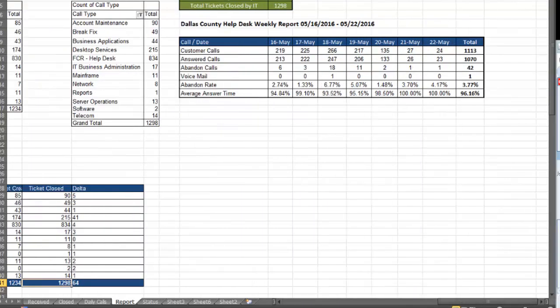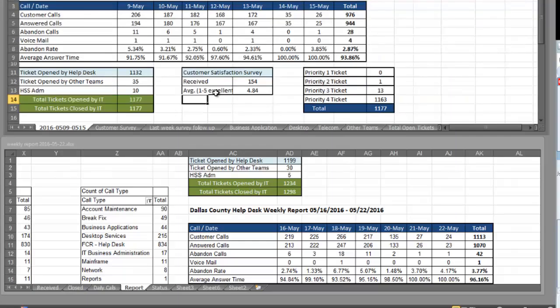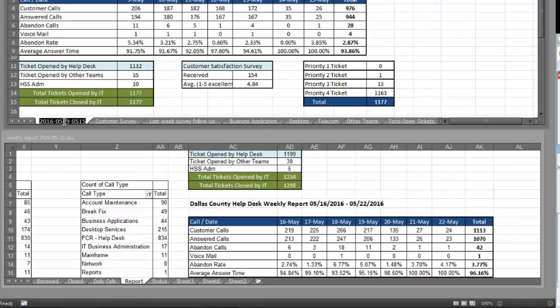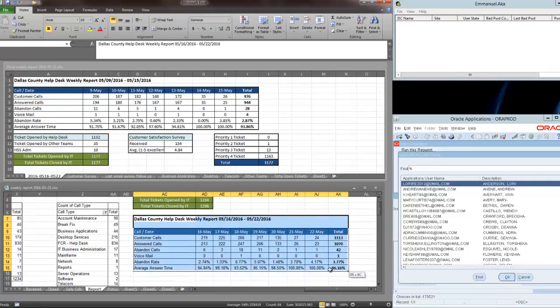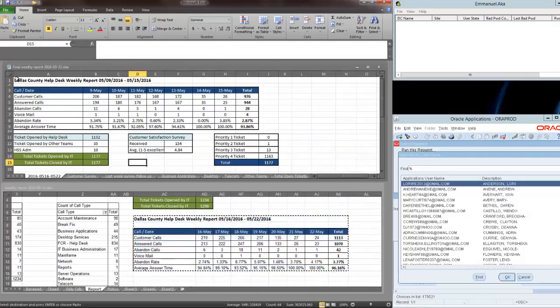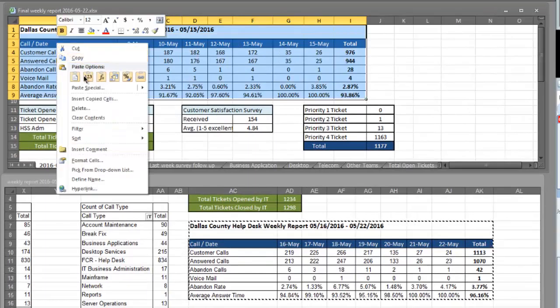Okay, so proceed on to taking this data and putting it into the final report. Go ahead and change that date on that tab too. There's all kinds of little places to change the date here. Alright, so what we're going to do is pretty simple. You don't have to manually input this. You know how to copy paste. So copy, go up to the final weekly report, highlight that, right click, and choose this to paste